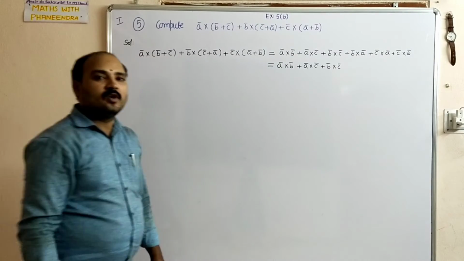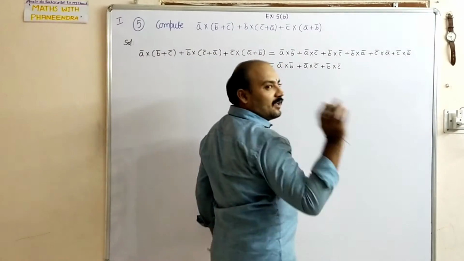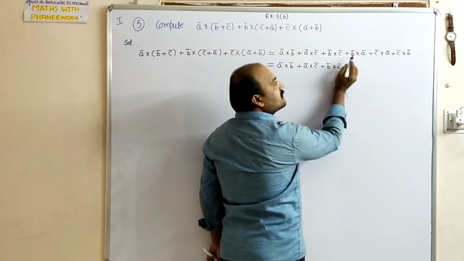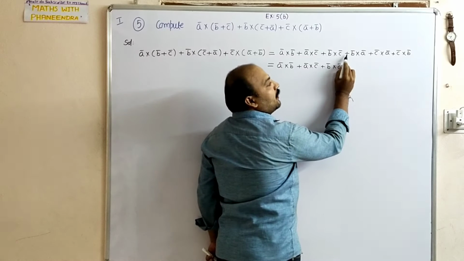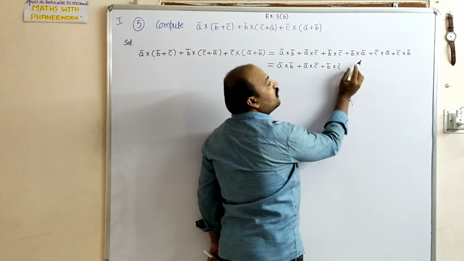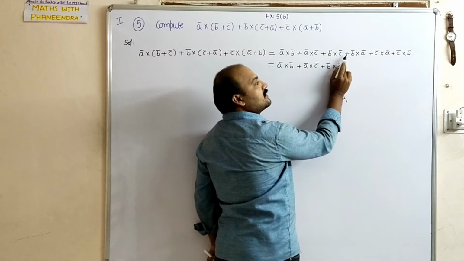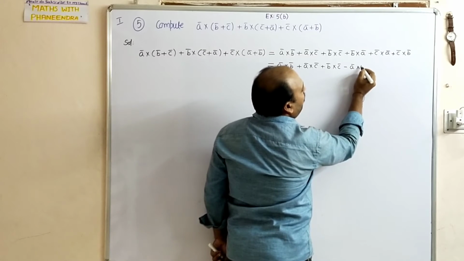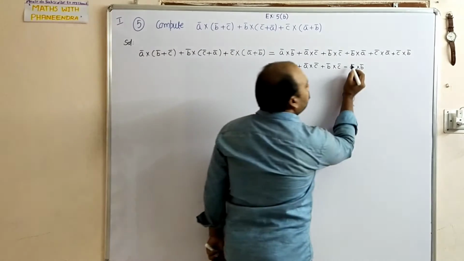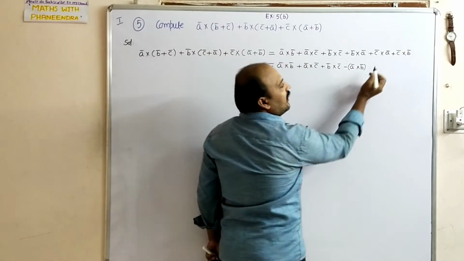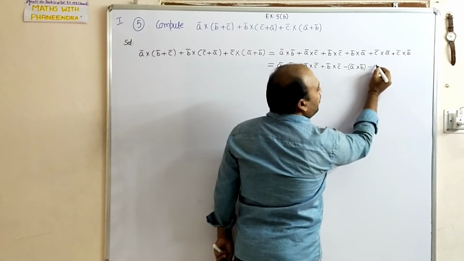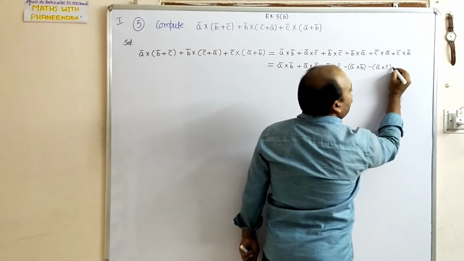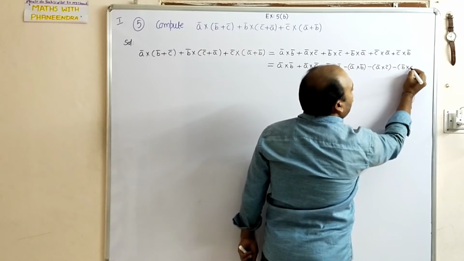In the first three terms we cannot change anything. In the cross product, if you interchange these two vectors, the sign is going to change. Here plus B bar cross A bar is there, no? If you write A bar cross B bar, the sign is going to change, so we can write it as minus A bar cross B bar. Similarly, if you interchange these two vectors, minus A bar cross C bar. Come to the last one, minus B bar cross C bar.